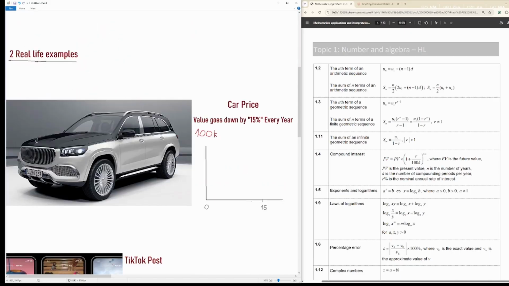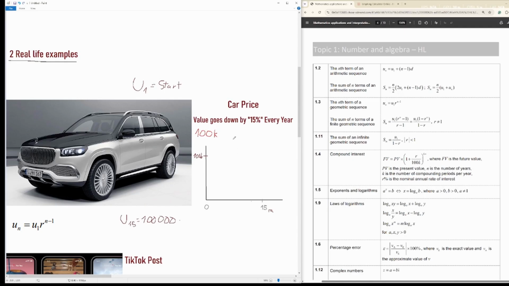So the first one is a beautiful car. And we understand that the price of the car in the first year is 100,000. And we want to find how much the car is worth in year 15. Then we use the formula. U15, because we're searching for the 15th term, equals u1. And u1, as learned from the previous lesson, is always the starting point. We can write that down just to make sure. So it's $100,000 times